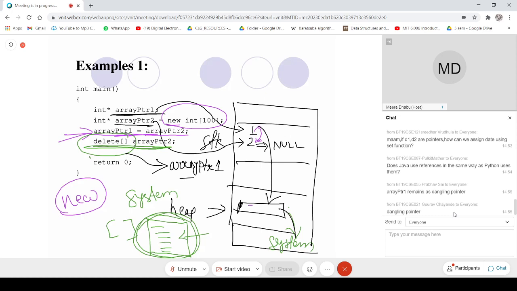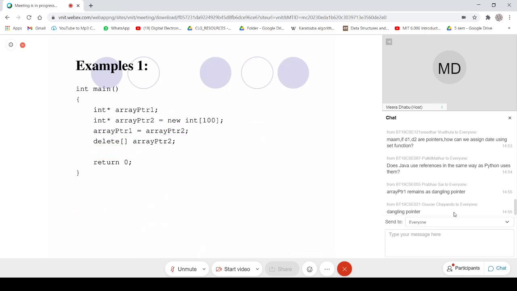So this is called a dangling pointer. That pointer is holding some address, but that address is no more valid, because that dynamically allocated memory is deallocated and returned to the system.